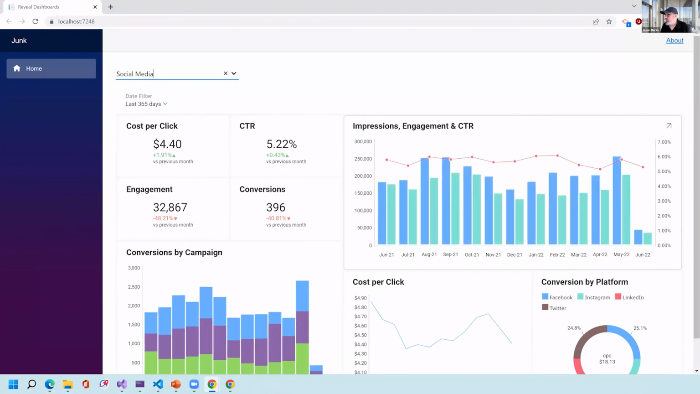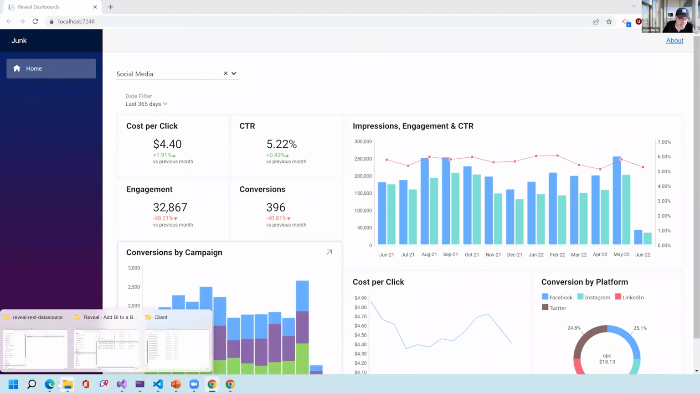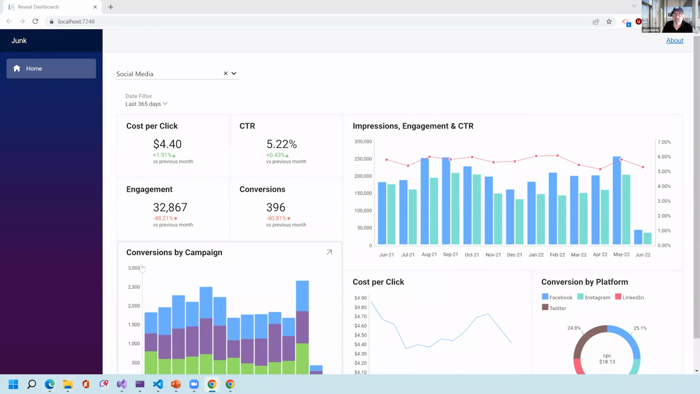Hopefully with this very quick view of what you can do inside of Reveal with the client and the server SDK, you get the idea that you are literally, I would say, roughly 20 minutes away from embedding BI into your own applications. It is not difficult. All of our samples are up on GitHub and up on YouTube,